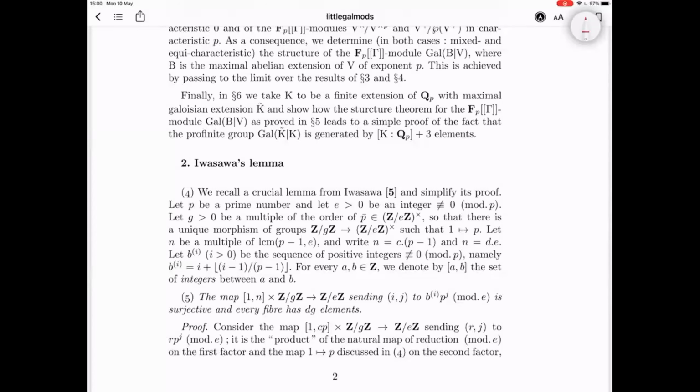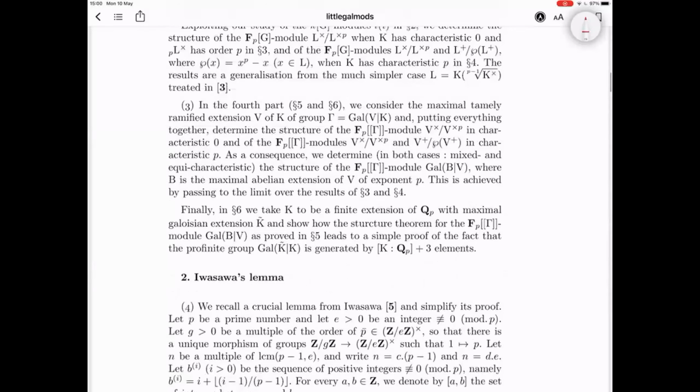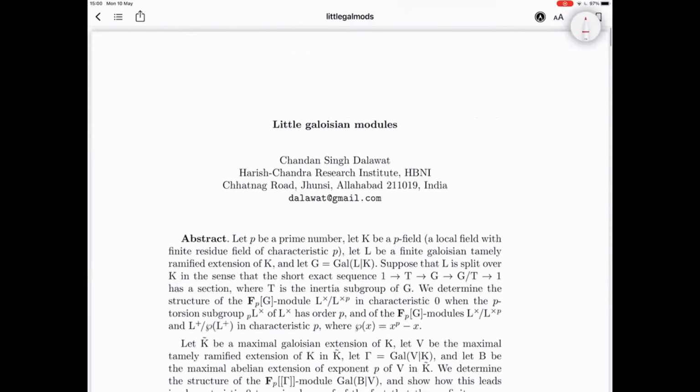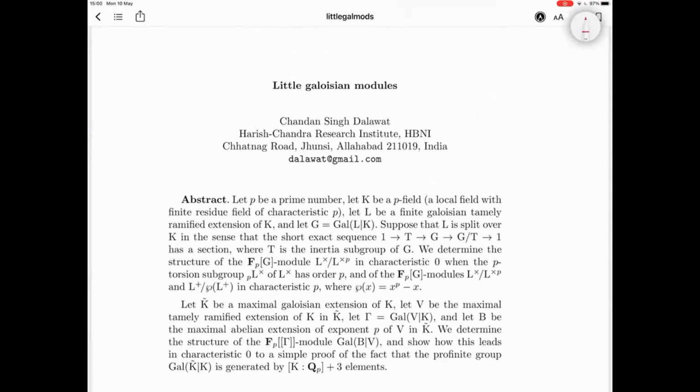Okay, so let's start today's lecture. We are going to discuss something which can be said to be of independent interest, and the basic problem is the following. So we have a prime number p, we have K, which is a p-adic field, and we have L, which is a finite